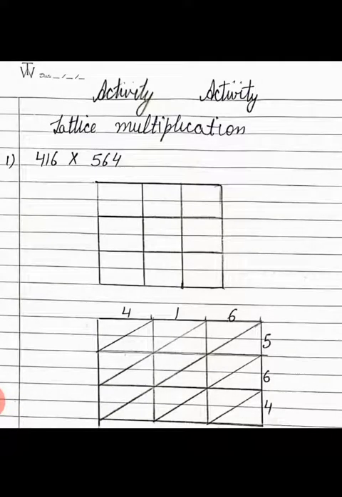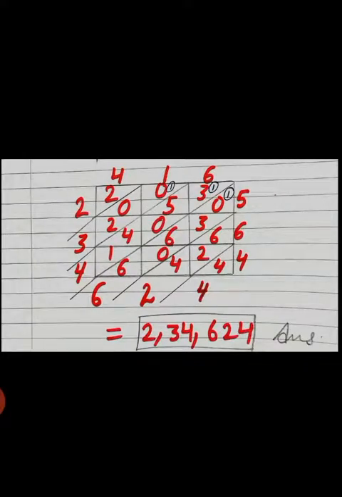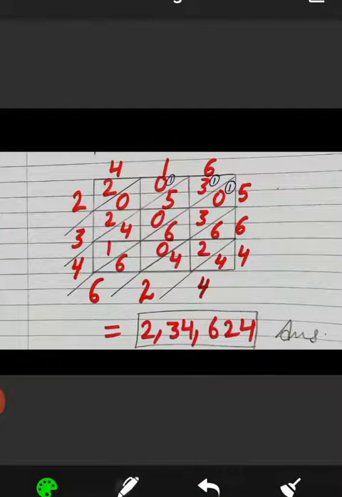Now see next. Next, you need to multiply each digit of the multiplicand with one digit of the multiplier at a time. So first you will multiply this 5 with 6, then with 1, then with 4. You need to multiply each digit of the multiplicand with the multiplier. So first you will multiply this 5 with 6. 5 6s are 30. So write 3 0. Next step is you need to multiply 5 by 1.